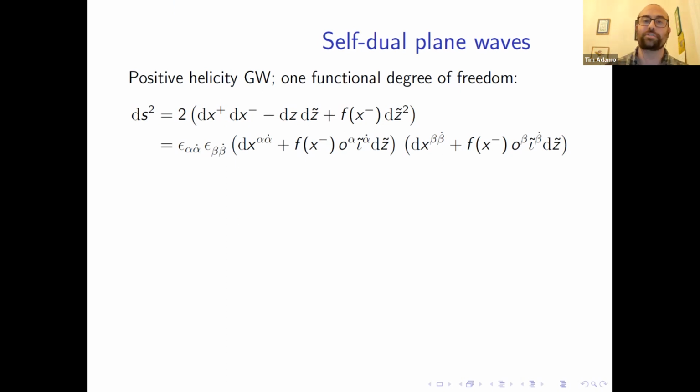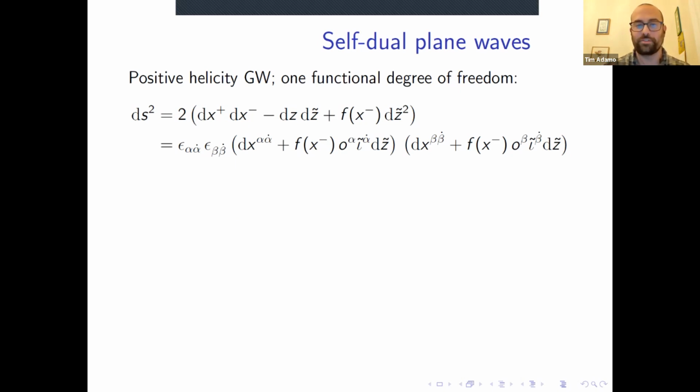So there's one functional degree of freedom. The metric in Einstein-Rosen coordinates or in a particular coordinate chart looks like this. You have kind of this one non-trivial term written in light front coordinates, and you have this free function of light front time x minus. That function can be whatever you like, and this metric will be Ricci flat, so it will solve the vacuum Einstein equations. Because we're in 4D, there's kind of a nifty spinor description of this metric where we use a spinor dyad, omicron and iota, which are normalized so that their contraction is 1. Not terribly important that you remember that, but anyway,